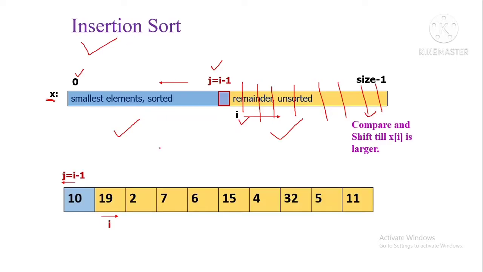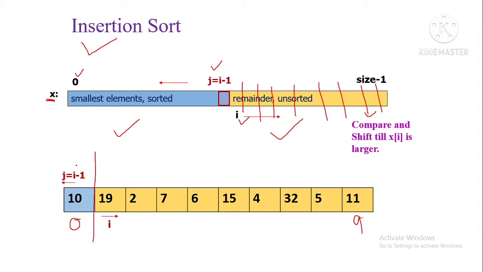See, I have an array of elements. The index starts from 0 up to 9, so totally I have 10 elements. I want to divide this array into two parts so that one part is sorted and the other part is unsorted. So how can I do this? I am going to divide this array like this.